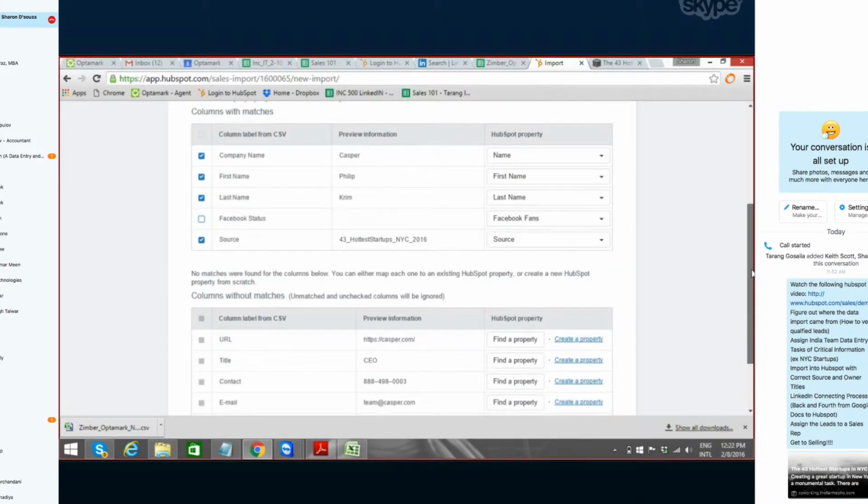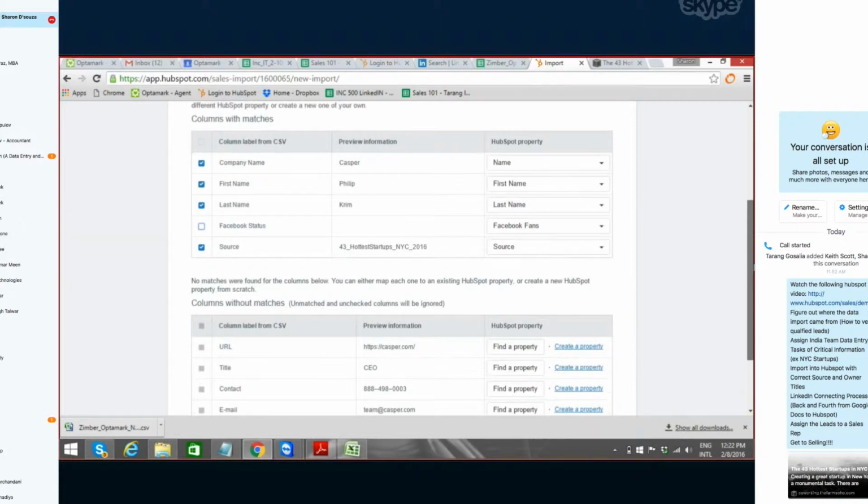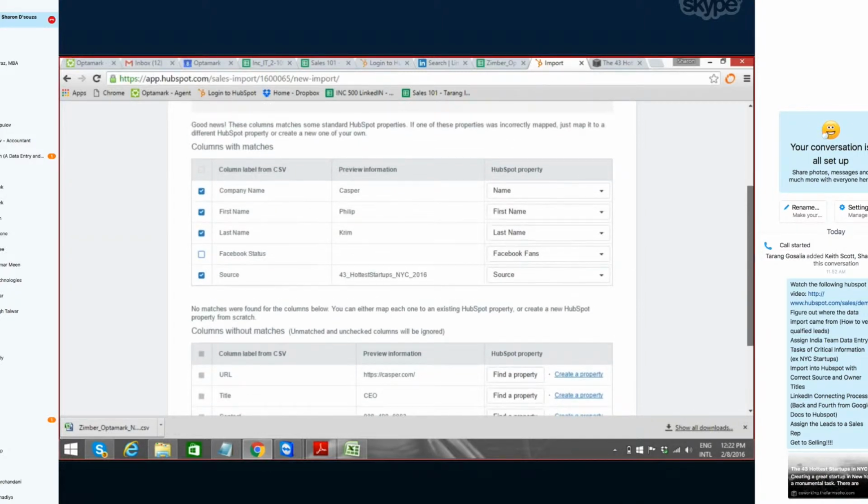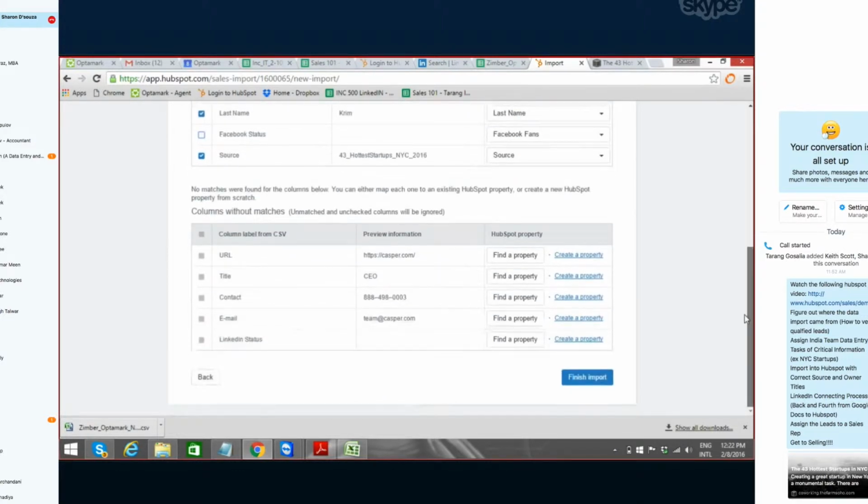Would you want to keep... Can you add Facebook status later if you get that info? Yep, totally. So you can add all that later, but it's a manual process. Okay,